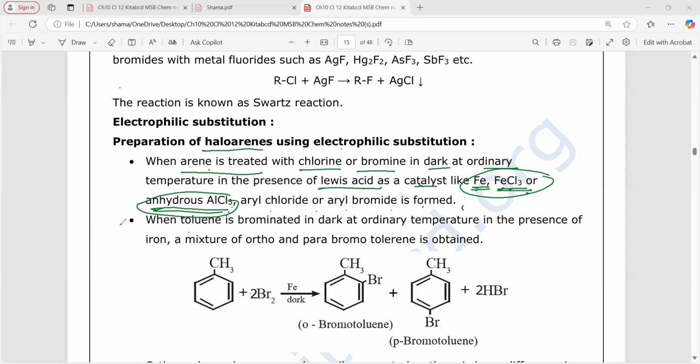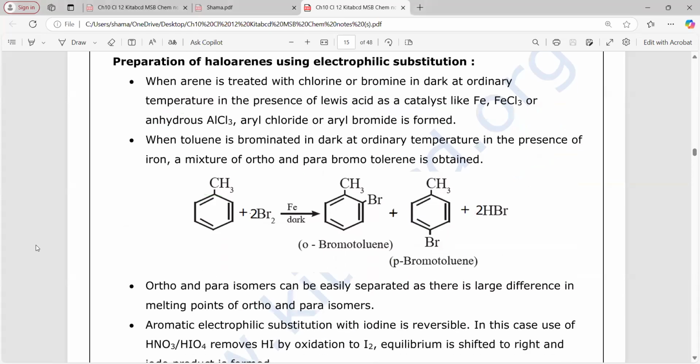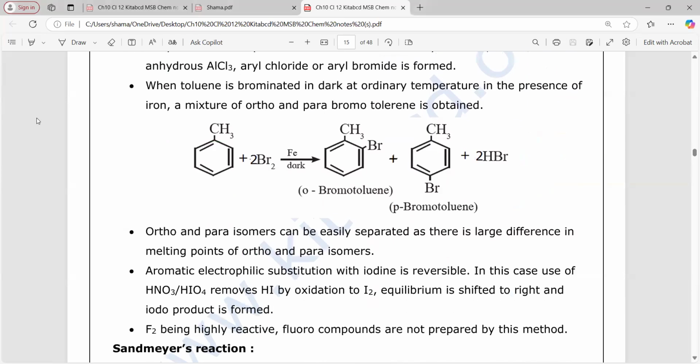Here they have given that when toluene is brominated in the dark at ordinary temperature in the presence of iron, a mixture of ortho and para bromotoluene is obtained. Why ortho and para? Because ortho and para positions are activated due to the electron donating group. Clear? Now what they said here: